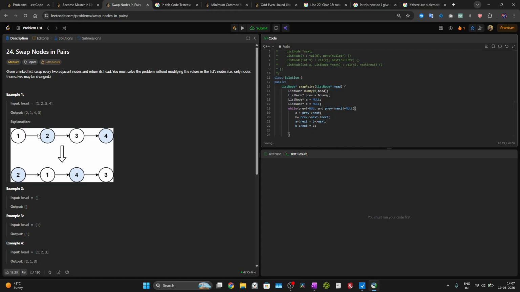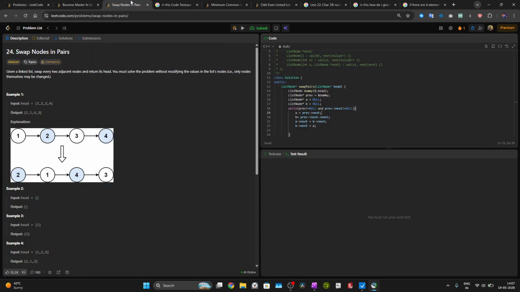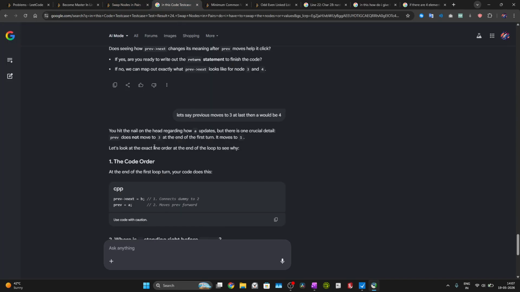Let's say A is here and B is here. No, no, but there is one problem. It does not move to the rear, it moves to 1. So if it moves to 1,